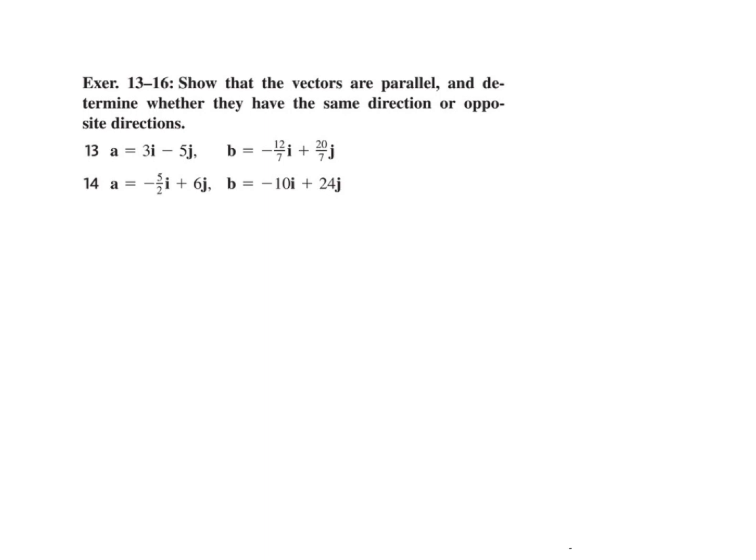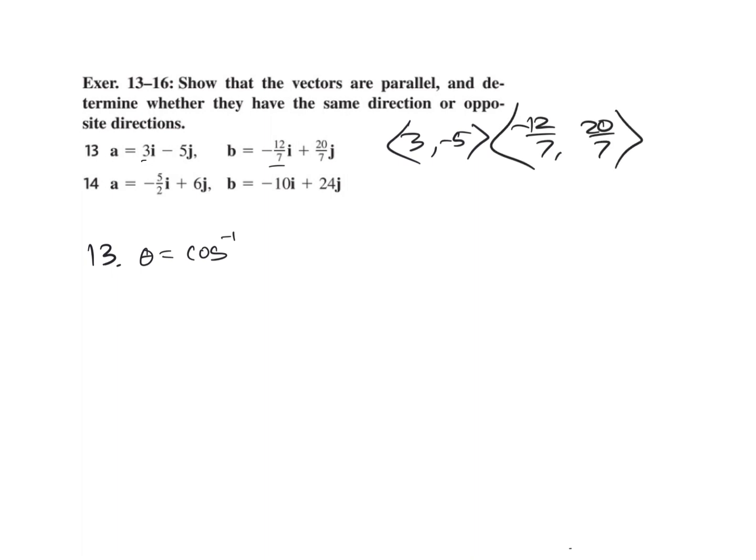Show that the vectors are parallel and determine whether they have the same direction or opposite directions. All right, so for the same direction, theta would be 0. Opposite direction, theta would be 180 degrees. So we need the angle between the two vectors. So theta is going to be the arc cosine of the dot product. Here we have 3, negative 5, and negative 12 sevenths, 20 sevenths. So 3 times negative 12 sevenths is negative 36 sevenths, plus negative 5 times 20 sevenths is negative 100 sevenths. Okay, and that's all over